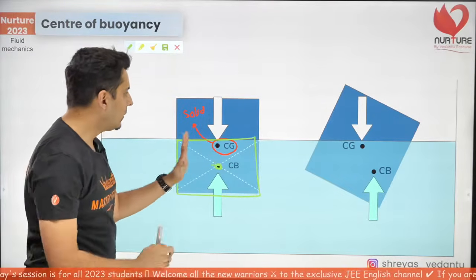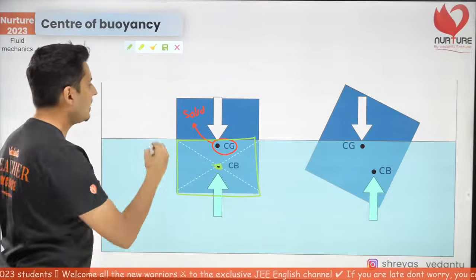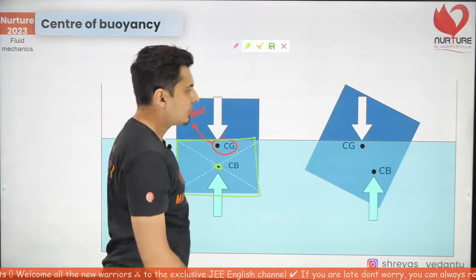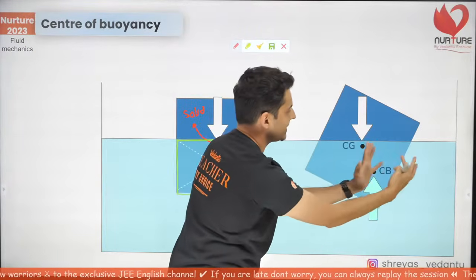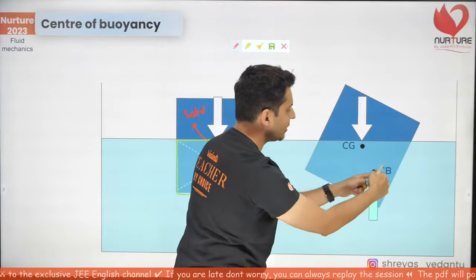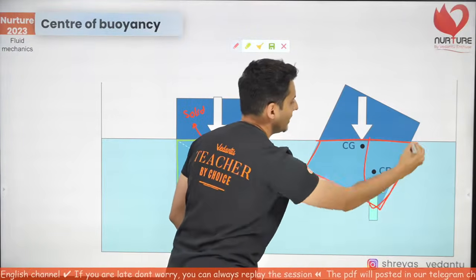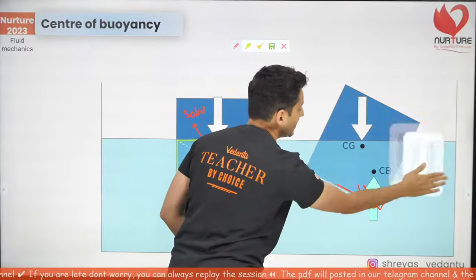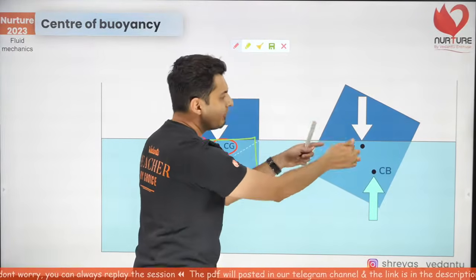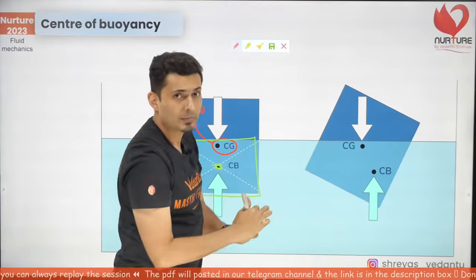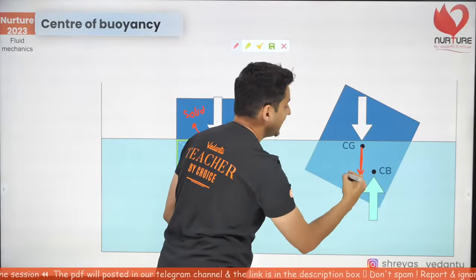Perfect. Now imagine somebody topples it, somebody rotates it. Now what will happen? Think this way. Somebody topples it. Now you can see more fluid is displaced on this side. The center of buoyancy will also go here. Just look at this submerged part. You can see more fluid is displaced here, or more solid is submerged here. Center of buoyancy goes there. The center of mass of the entire solid is somewhere here. From the center of mass of the solid, what do you get? You get the weight.